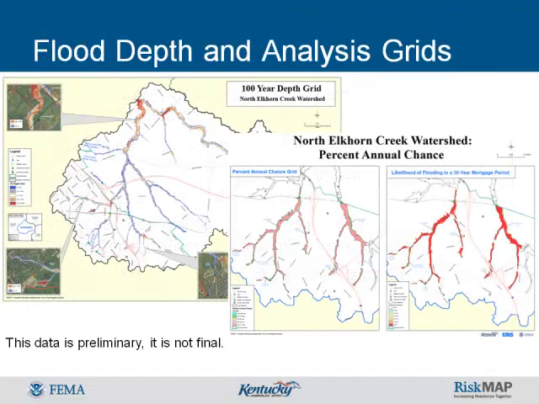Flood depth and analysis grid datasets provide a wide variety of information associated with determining and visualizing flood risk. Examples of the multiple datasets are shown on this slide. The flood depth grids can be developed for 10, 4, 2, 1, and 0.2% annual chance flood events. In addition, the percent chance of flooding in any given year and the percent chance of flooding during a 30-year